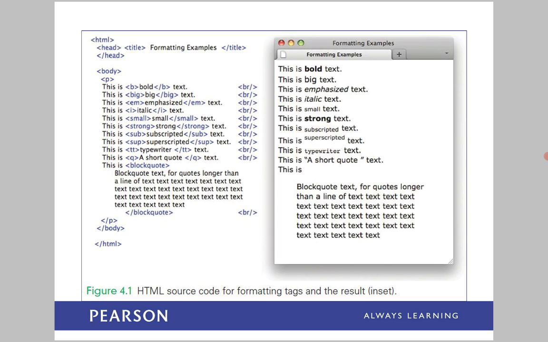The strong tag is written with strong slash strong. And there are two special types of formatting tags generally used, called subscript and superscript.